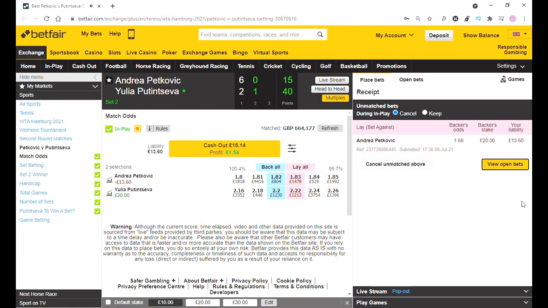and then the back odds on Petkovic will go up at the end of the game for Putintseva. So as you can see here, she's 40-15 up. She's in a winning position in this game, Putintseva, which means that the back odds on Petkovic would have risen. All right, so as you can see, I've laid Petkovic at,